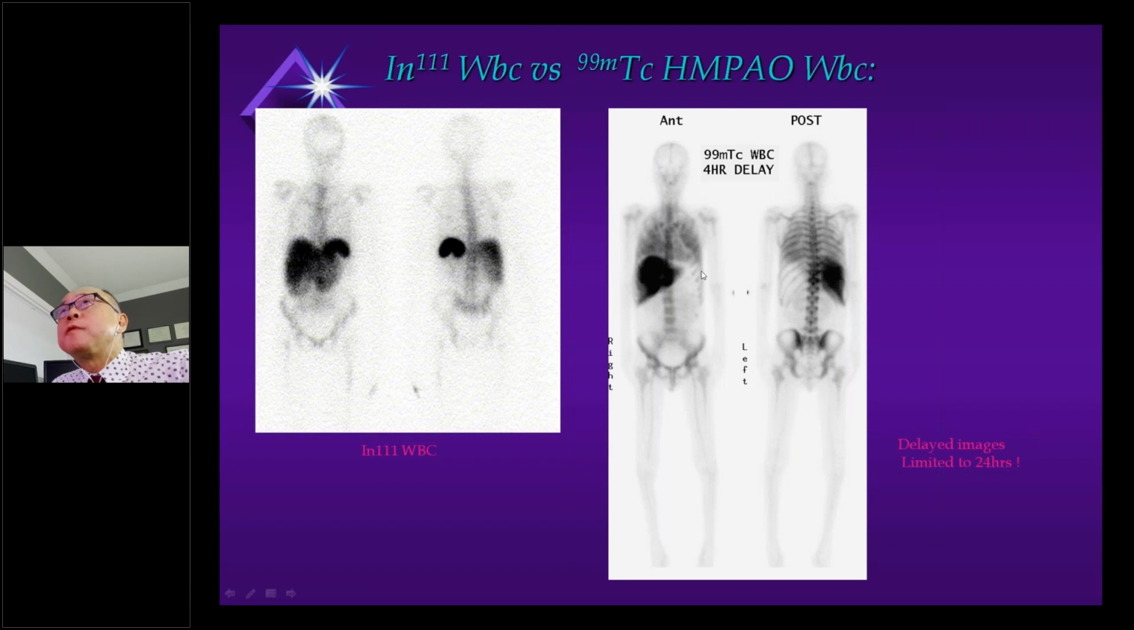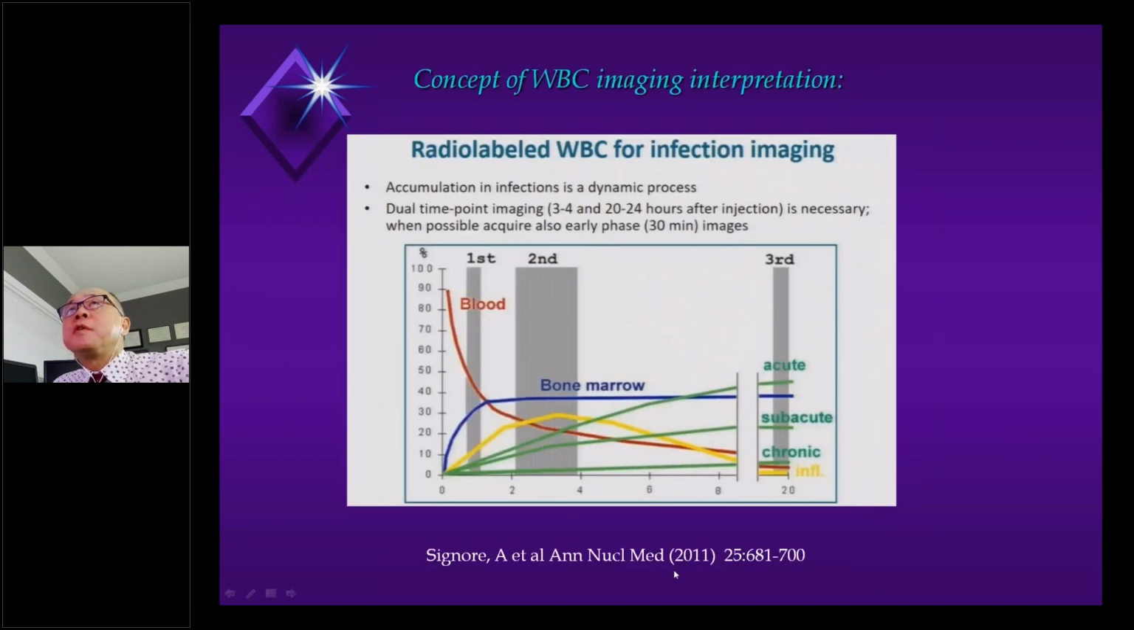This is a much higher photon flux study, much more conducive to modern-day SPECT CT imaging, which we strongly favor. But of course, there's no free lunch. We pay a price for that. And the price we pay is that we can't image beyond 24 hours, which has certain theoretical disadvantages, which I'm going to address shortly. So this is the basis of our diagnostic paradigm on how we